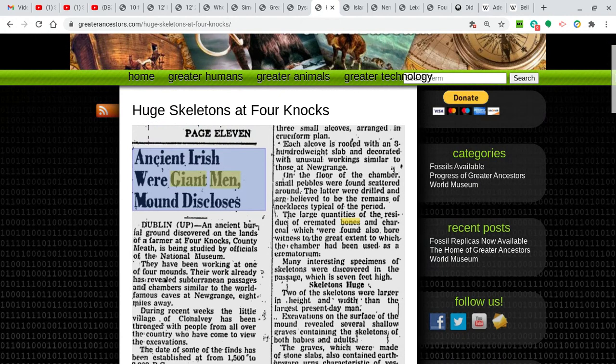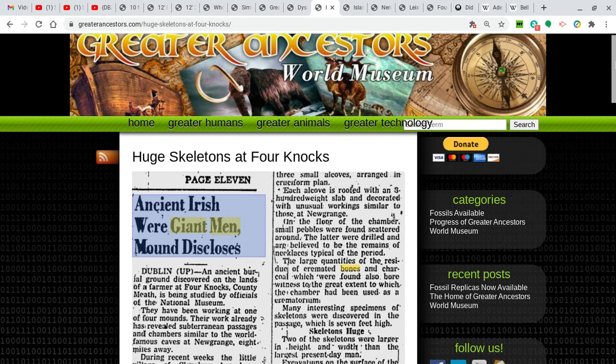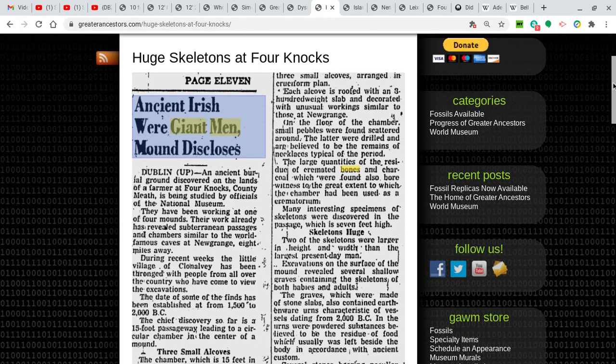Okay, so these mounds were excavated. They found these 7-foot passages and these alcoves and these skeletons in there, and they were huge. All right, so it definitely sounds like some of the things that we heard about in some of the accounts in America, again, with pebbles. These people were often buried in sand and gravel and this sort of even-size stone or material,